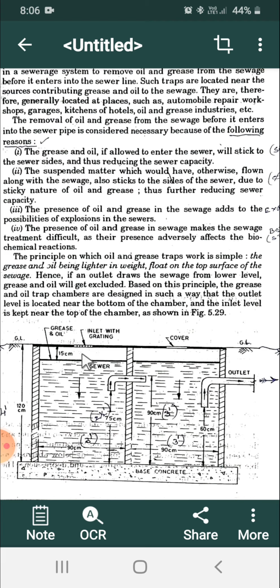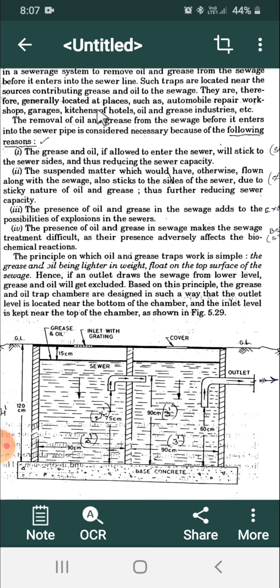Okay, and why is it necessary to provide this oil and grease trap? Trap is a simple word. To trap means separation. ಟ್ರ್ಯಾಪ್ ಮಾಡಿಬಿಟ್ಟು ಅದನ್ನು ಅಲ್ಲೇ ಹೆಲ್ಡ್ ಅಪ್ ಮಾಡ್ತೀವಿ. Okay, this structure will be provided near the places, see, observe here, where automobile service